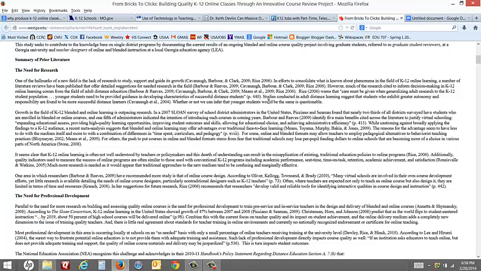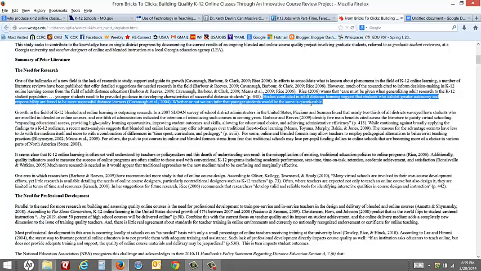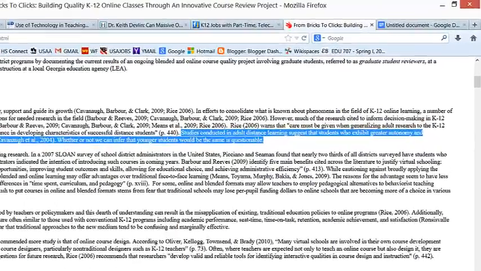Care must be given when generalizing adult research to K through 12 student population. Studies conducted in adult distance suggest students who exhibit greater autonomy and responsibility are found to be more successful distance learners. Okay, so that would be a drawback for having